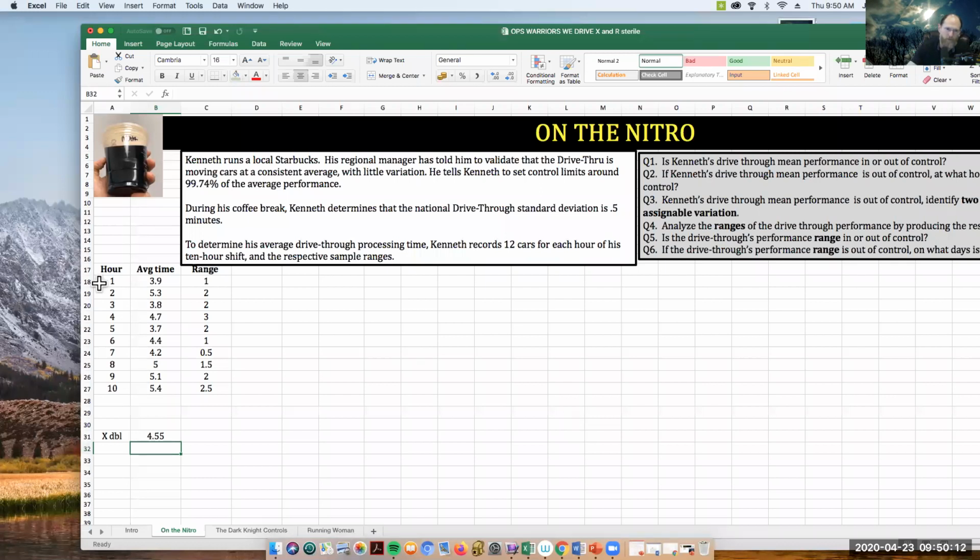Because any given sample, whether it's this one right here, or that one right there, or this one right here, that's all X bar. We could say X bar 2, X bar 6, etc. And the average of all of them is X double bar. Okay, let's hear from someone else. JT, why don't you pick it up? What's the next thing we ought to do here, or a next thing?